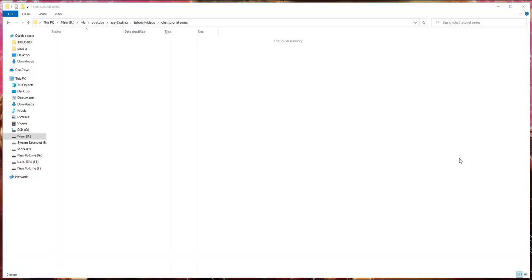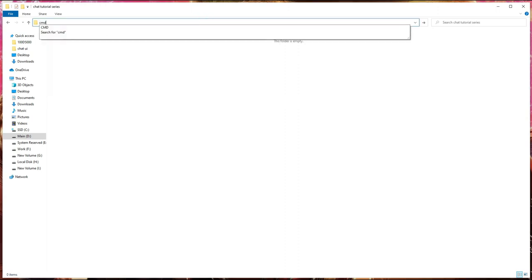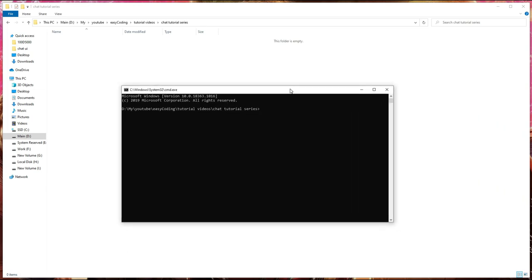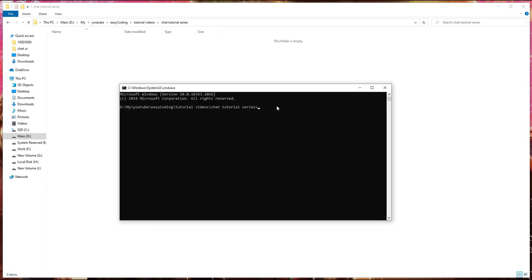So without wasting any more time, let's jump into the code. So our first step is to create a brand new React application, and I need to bring up my terminal or command prompt. The easiest way is to go here and type cmd. It will open up the terminal on a Windows system, and here I will type npx create-react-app and the app name. In our case the app name is react-chat-ui. You can put any name you want, okay, and just press enter.